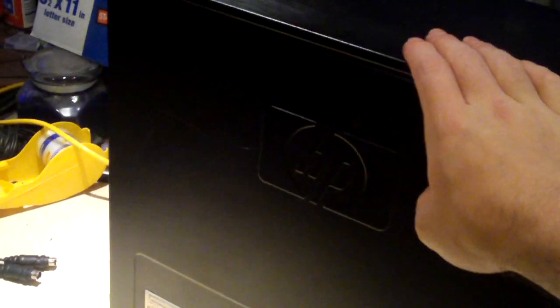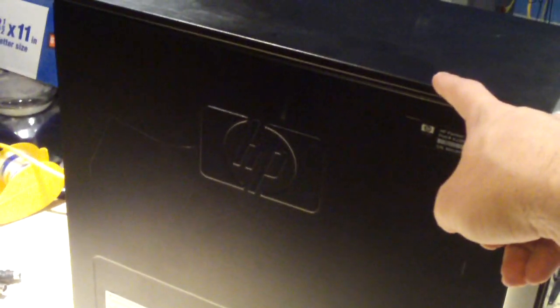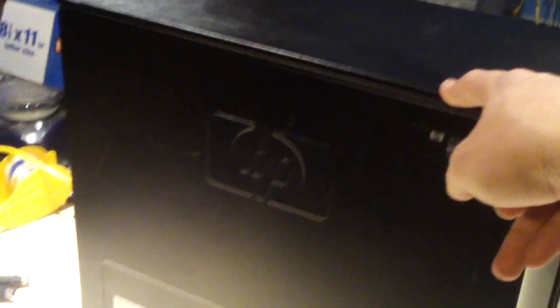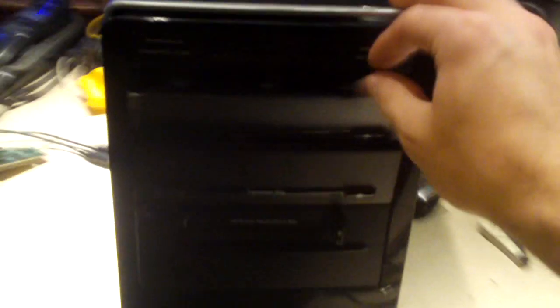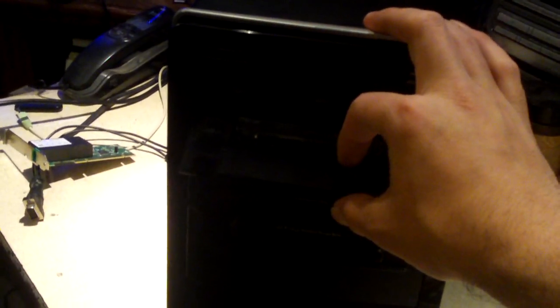Anyways, this is probably like a 2007 through 2008 HP Pavilion. This is the kind of case they used during that time frame. It's a rather nice design, I would say. As you can probably tell, the front bezel has seen its better days. Both these doors, well, the top door isn't doing so well. The bottom door is okay, but this top one isn't doing well at all. Surprisingly, I haven't sliced my hand on it yet while handling this thing. But anyways,